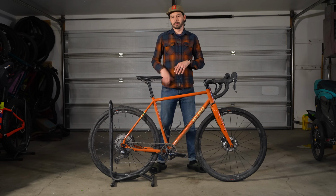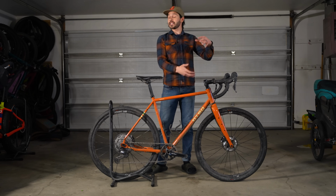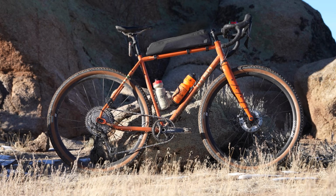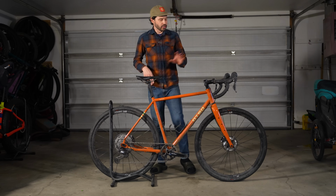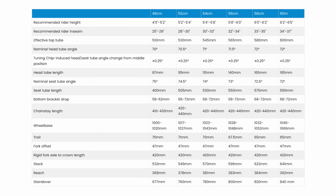Real reach, let's call it. We'll attribute some of that to the relatively high 596 millimeter stack compared to other gravel bikes I've tested, and the combination equaled a comfortably aggressive position, if there's such a thing. But it worked. So a growing trend in bike design is size-specific geometry, and Otso has certainly embraced that with